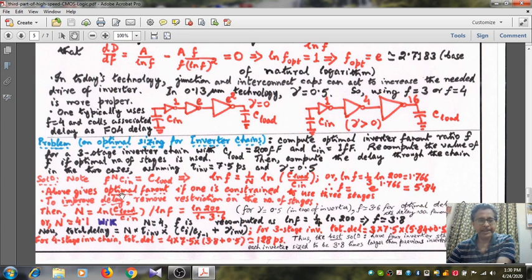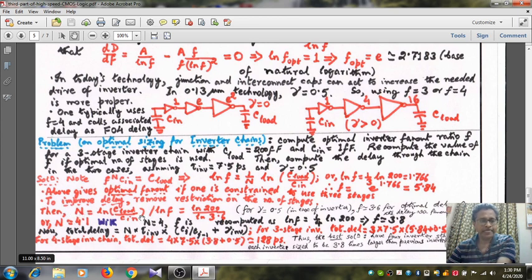The above gives the optimal fan out if one is constrained to use 3 stages. Okay. What is the delay? That we shall find later. To improve the delay, remove the restriction on the number of stages. That means no longer only 3. It can be more than 3 also.